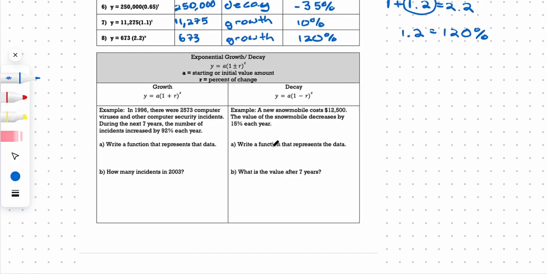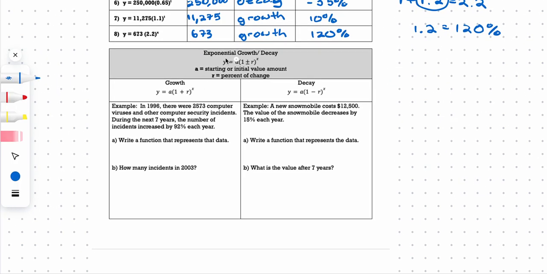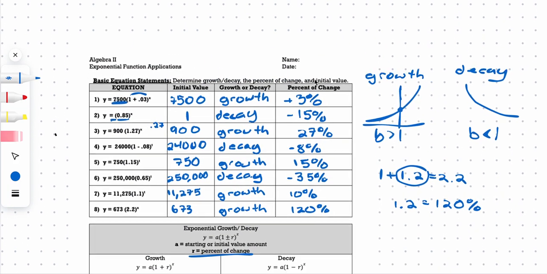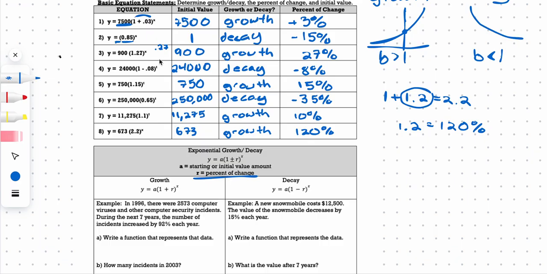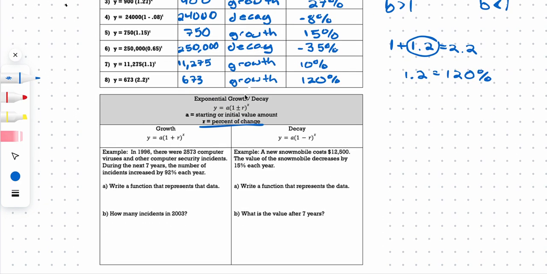Okay, so let's move on to here. So exponential growth/decay is going to follow this sort of pattern where we have our a value, which we talked about in the last video, which is our initial value, our y-intercept. And then here inside the parentheses is our b value. And so we're assessing our b value by 1 plus or minus r, which is our percent of change. This is this entire column, right? It's sort of what we calculated when we found the difference from 1, right? Then x is,